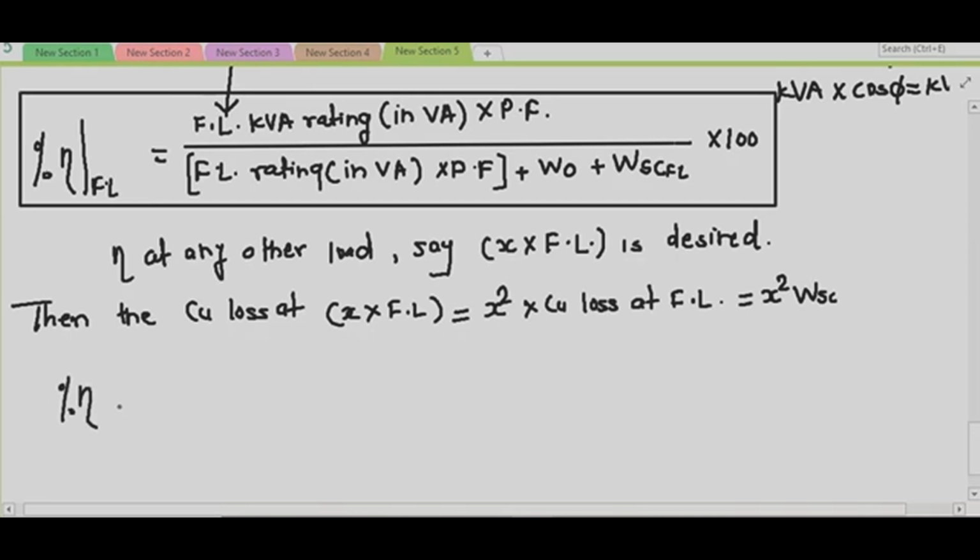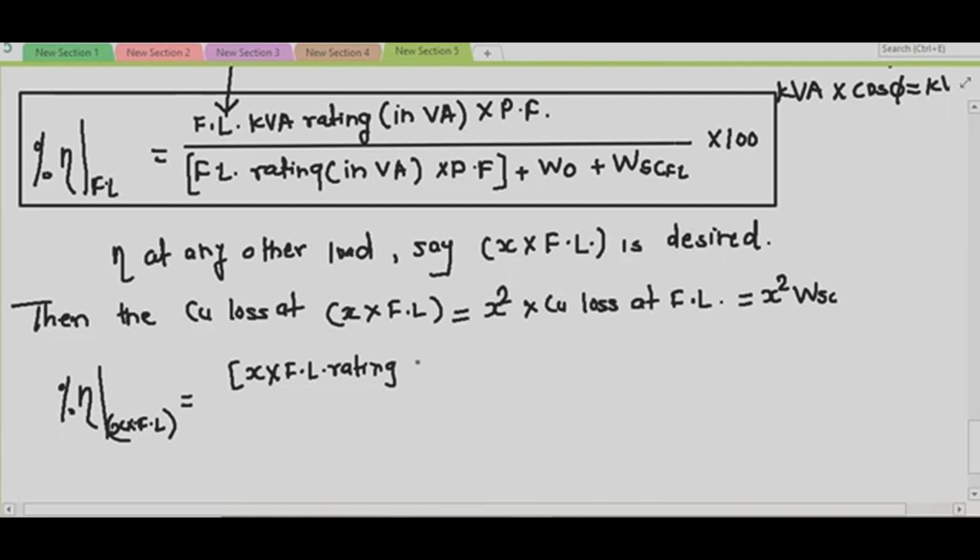So percentage efficiency at x into full load. What is x? X is nothing but the fraction at which you have to find out the efficiency. Suppose I am saying I have to find out efficiency at 50% of load, then this x will be 0.5. So efficiency at x% of load is given by x into full load rating,